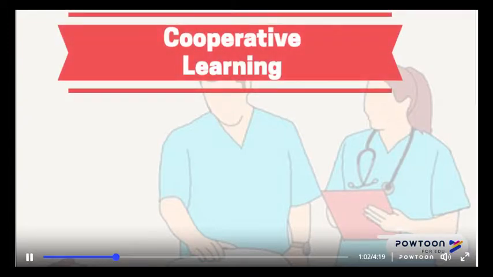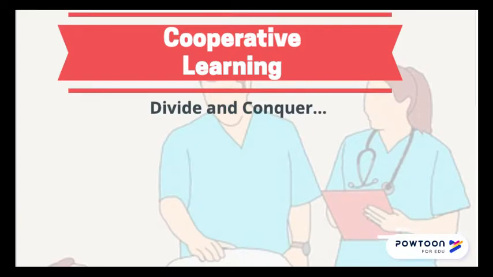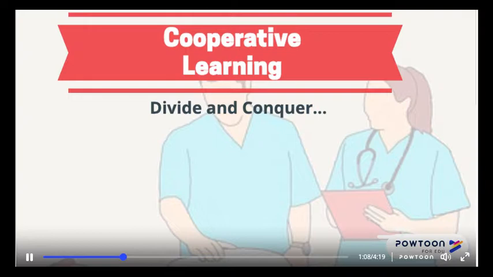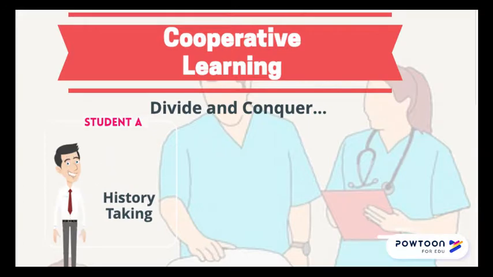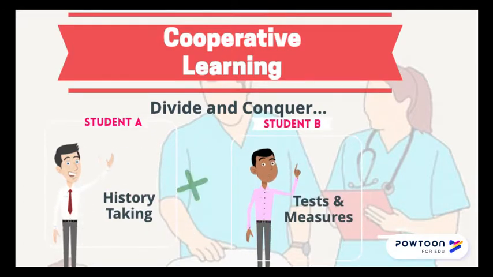In cooperative learning, students divide the tasks of a new or challenging activity and then work together toward a final goal. For example, to complete a patient encounter, one student might perform the history, then the other would perform the tests and measures. This allows each student to avoid cognitive overload by focusing on achieving competency in one portion of the task. They can then switch tasks on the next patient and gradually build their skills to complete an entire patient care